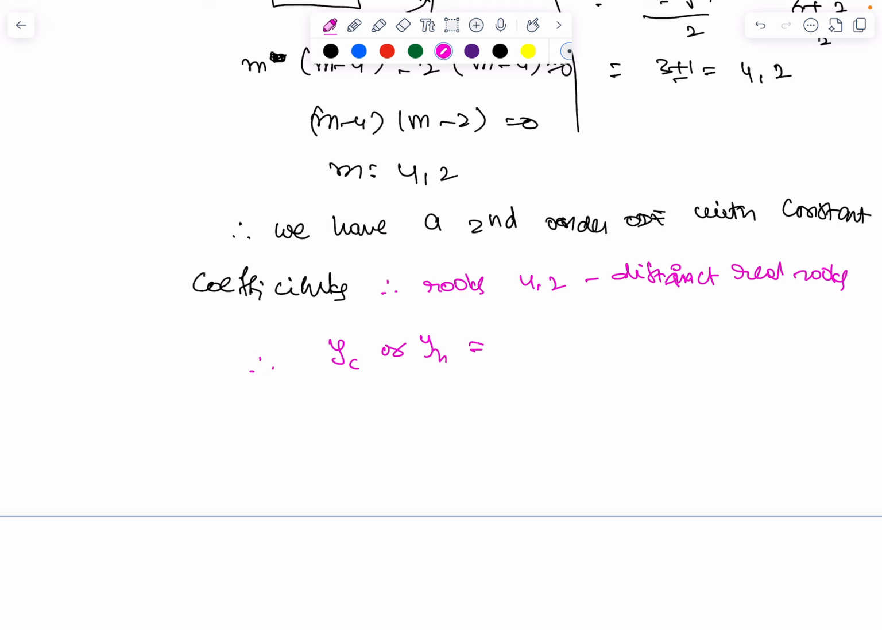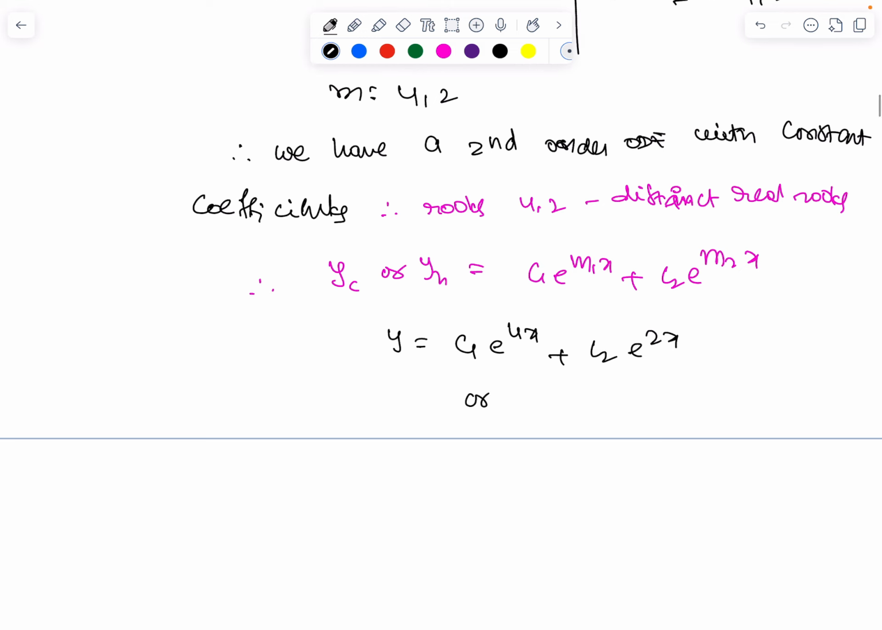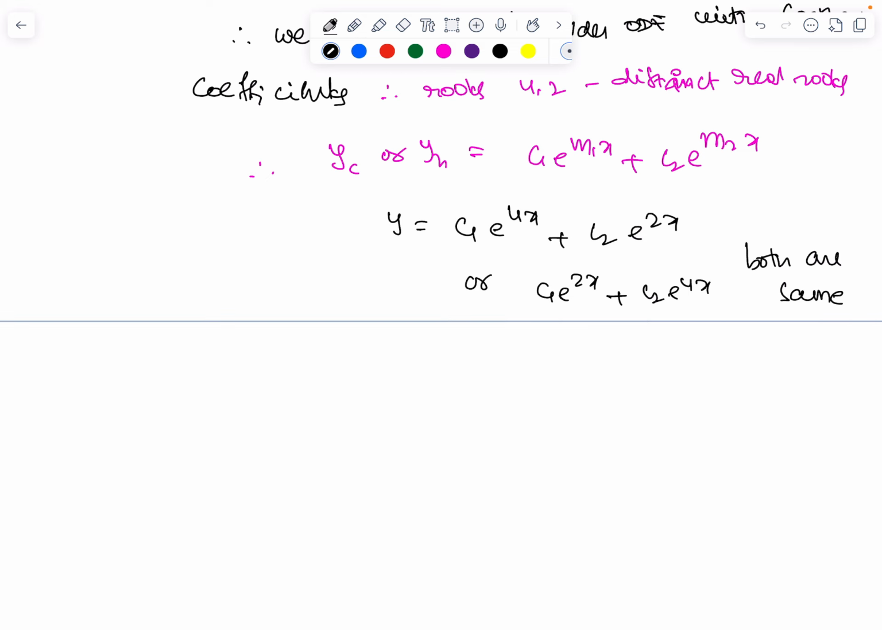since the given equation is a simple homogeneous equation, you can write it as c1 e power m1x, the first root, plus c2 e power m2x, the second root. That implies y is equal to c1 e power 4x plus c2 e power 2x. If you want, you can also write c1 e power 2x plus c2 e power 4x, both are the same. These c1, c2 are arbitrary constants, and we call this the general solution,